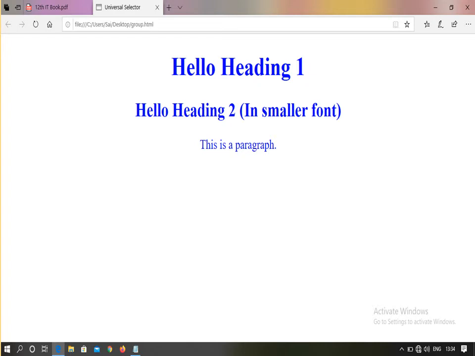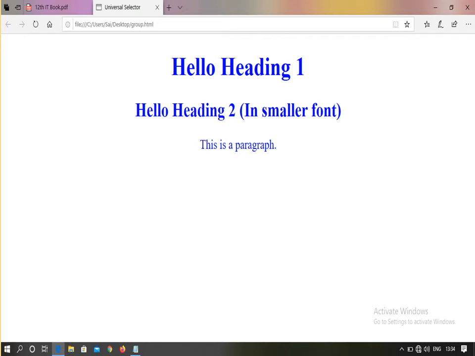And this is a paragraph, used in the opening and closing P, that is the paragraph tag. Here we are using H1, H2 and P tags, and we applied the same style on these three tags, that is text-align equal to center and text color equal to blue.